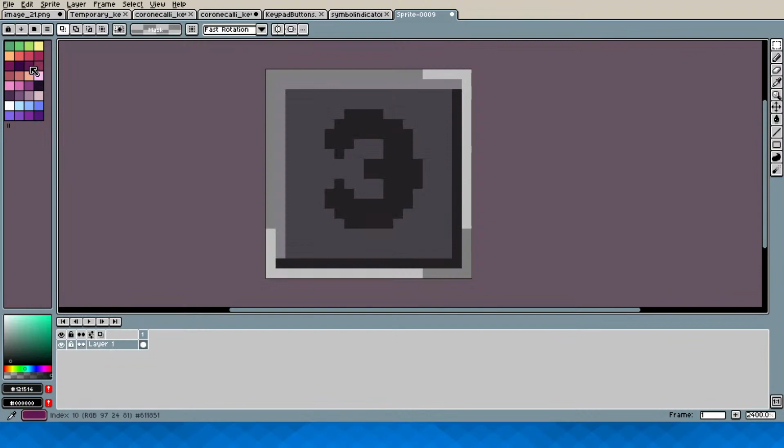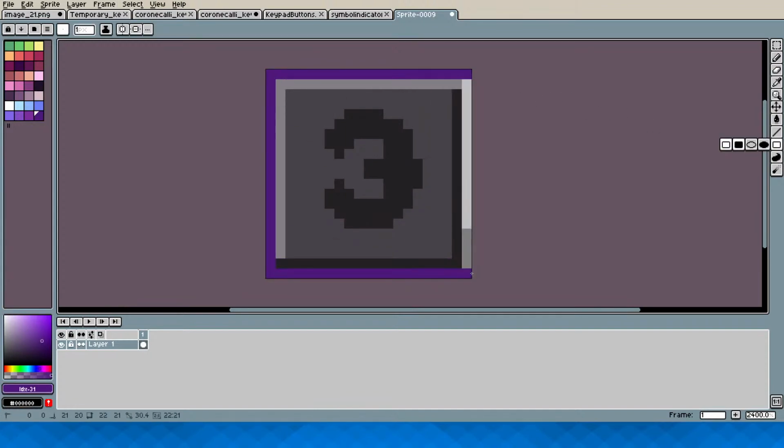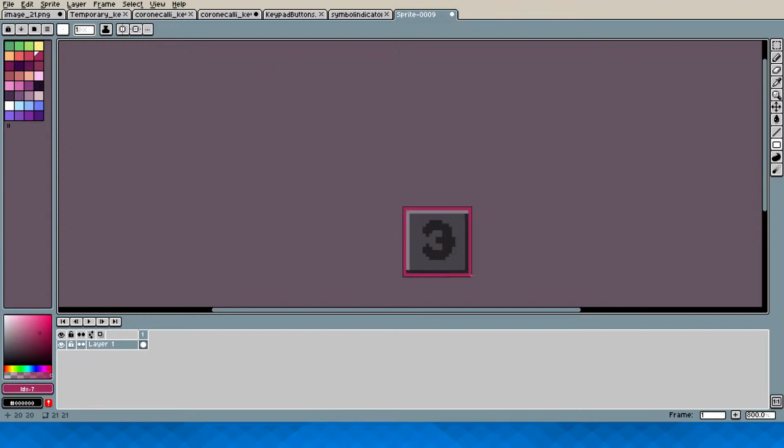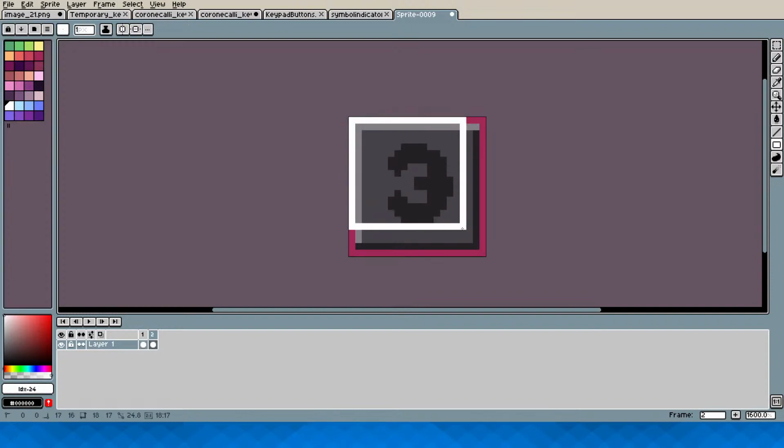Here's a pastel-looking palette. Let's take, like... what about this? No, that doesn't fit at all. If I make it blink red or something. Blink red and white. Oh, what about this?